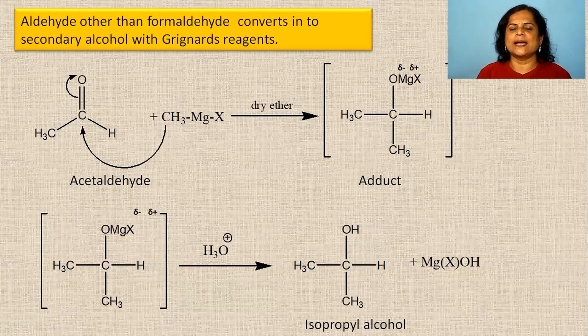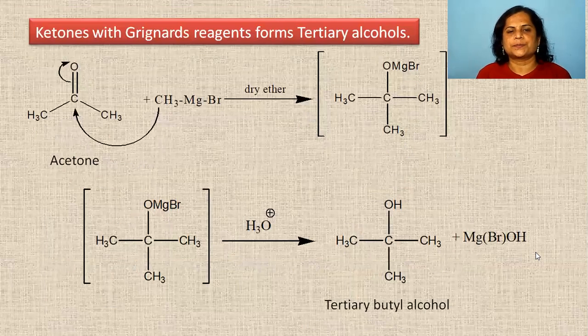Always, when acetaldehyde reacts with Grignard reagents, the product contains one more carbon atom, so we increase the number of carbon atoms by adding the alkyl group from the Grignard reagent. When ketones react with CH3MgBr, a similar reaction takes place: CH3 goes to the carbonyl carbon and MgBr to the carbonyl oxygen. A complex compound forms, which further undergoes acid hydrolysis to form an alcohol.